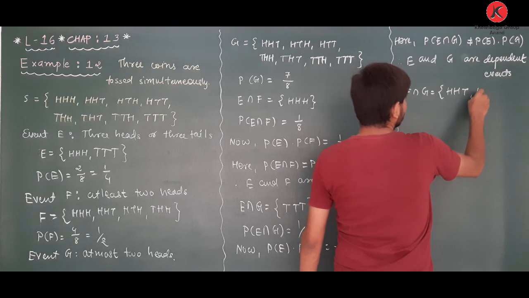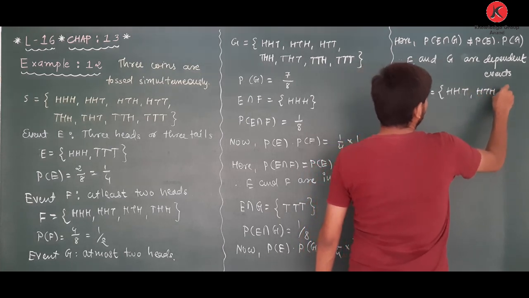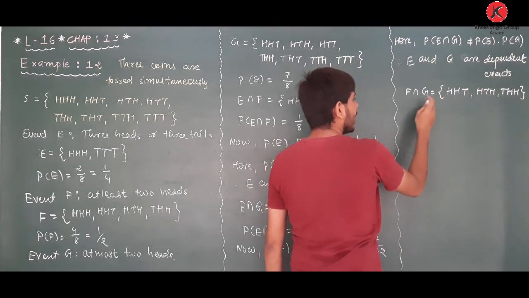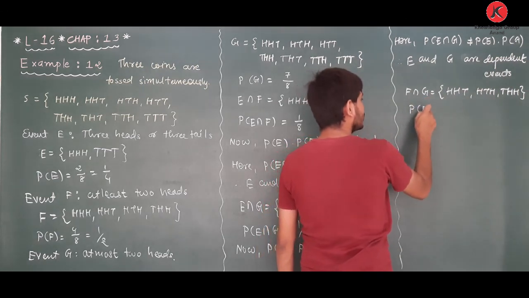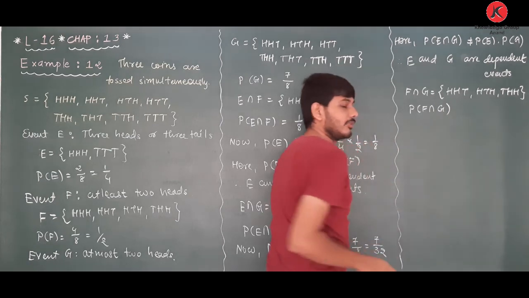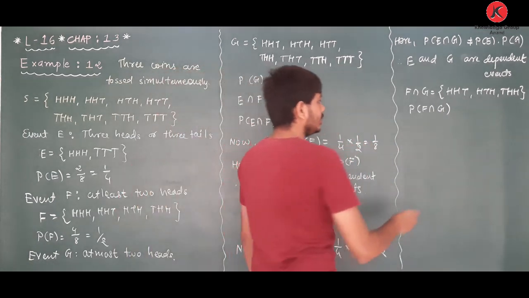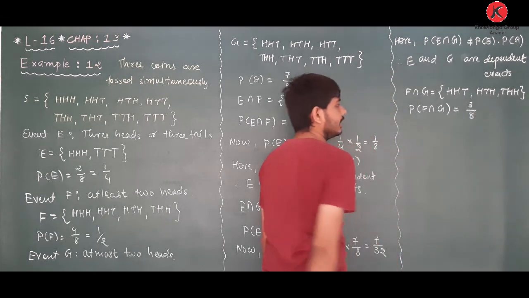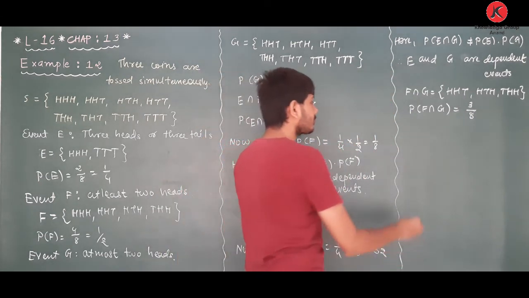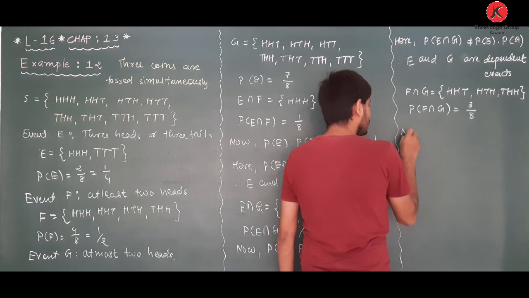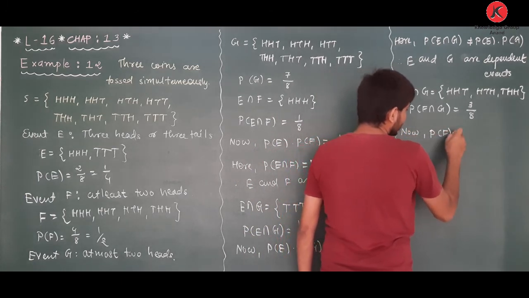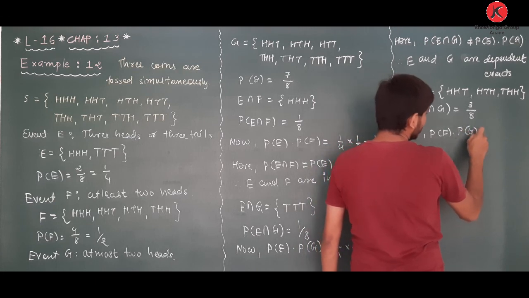HHT, HTH and THH are the intersection of F and G. Therefore, the probability of F intersection G equals 3 by 8. And now we have to check the multiplication of the probabilities of F and G, which is